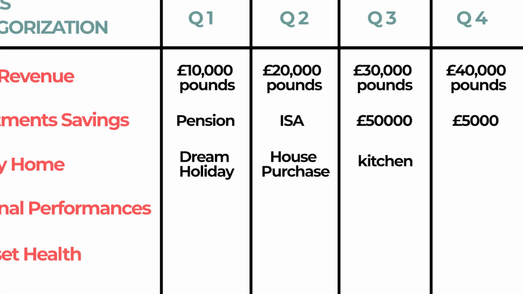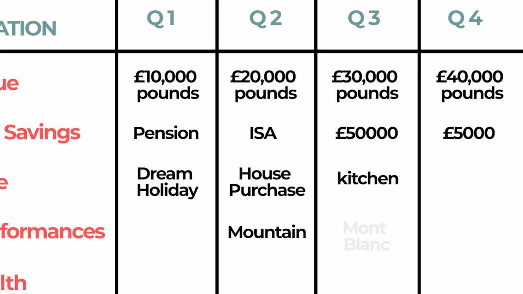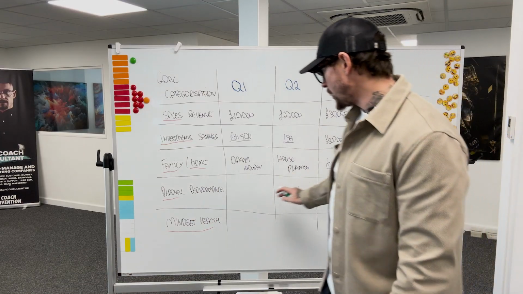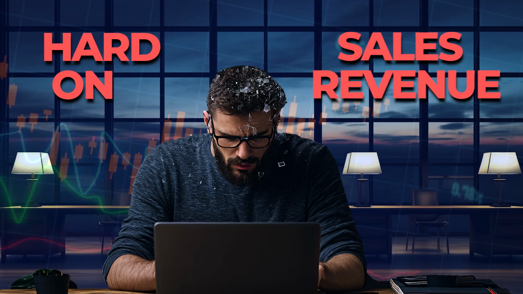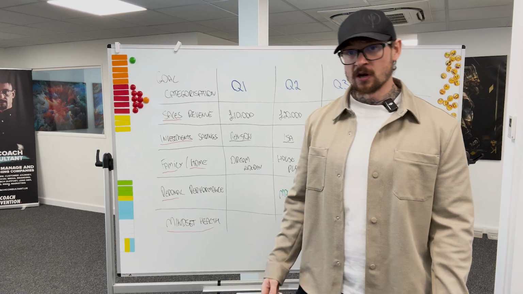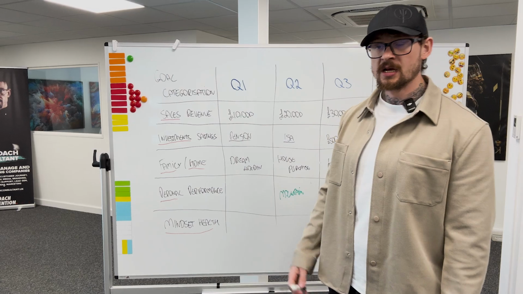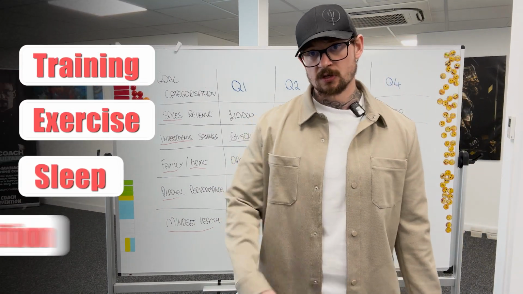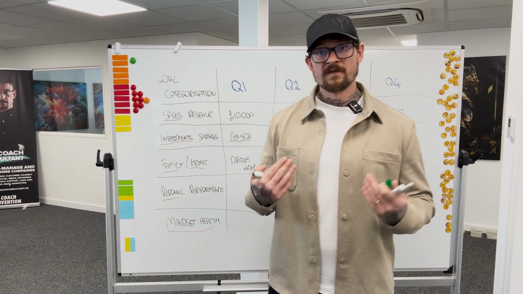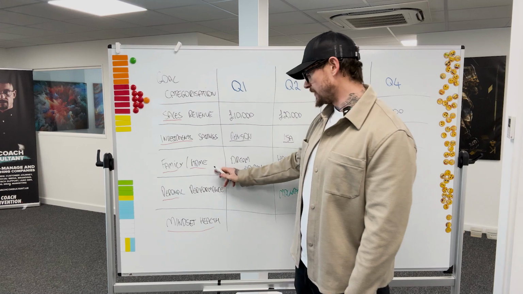I've basically got a mountain. So I'm climbing a mountain in Morocco, which is Mount Toubkal, in April. And then in June, I'm also doing Mont Blanc. So this is something where I've also got some trail running and different stuff, but I know that when I'm pushing hard on sales revenue, when I know that I'm pushing investments for myself and pushing stuff for my family, I'm paying for all this stuff, I've got that personal performance target. So that's going to keep me accountable to my routine, to training, to exercise, to sleep, to nutrition, and overall just make sure that I am feeling and performing at my best. So that is a lot more possible.